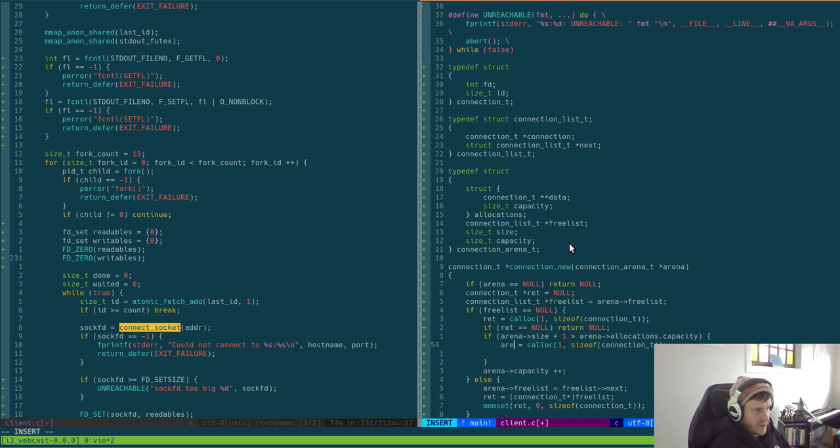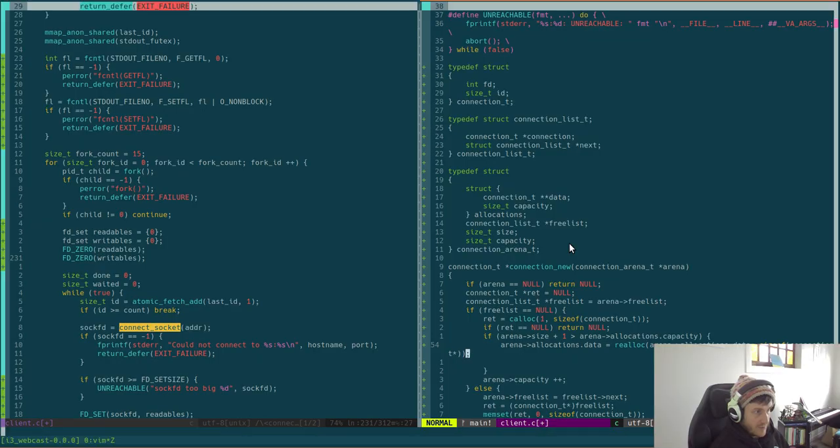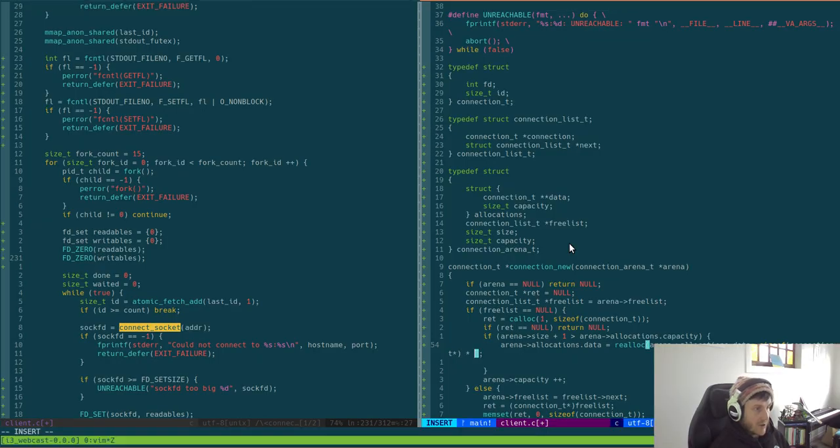So we want to do arena allocations dot data, and this is going to be a realloc of arena allocations dot data, and it's going to be sizeof a pointer, times new cap. So size_t new_cap equals